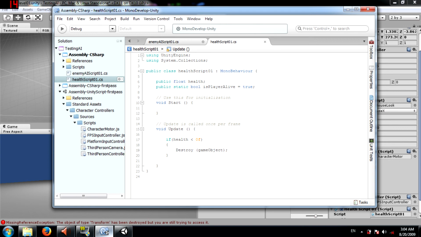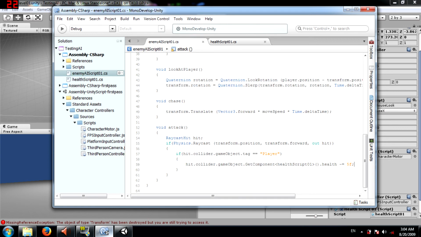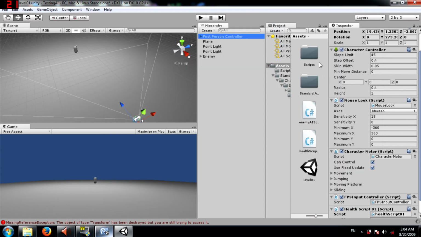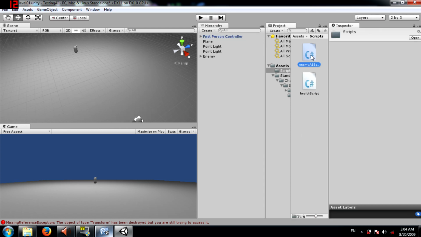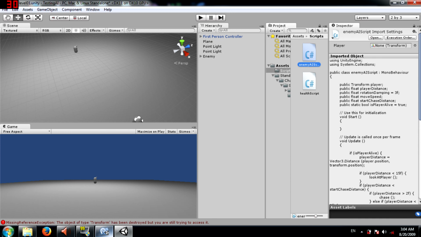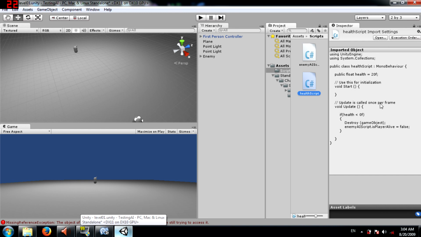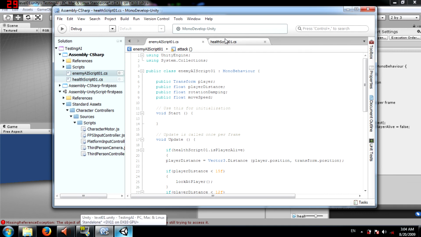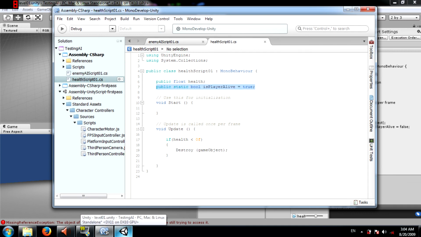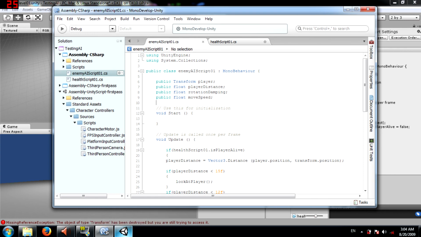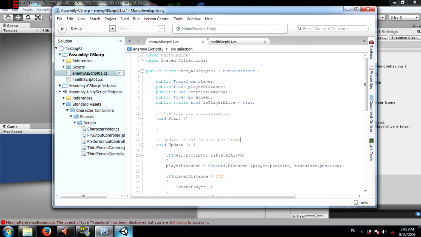I'm doing something wrong here. Just a minute. I forgot where is player alive should go. Oh, okay. Is player alive should go here. So sorry about that. This line should be here in our enemy AI script,